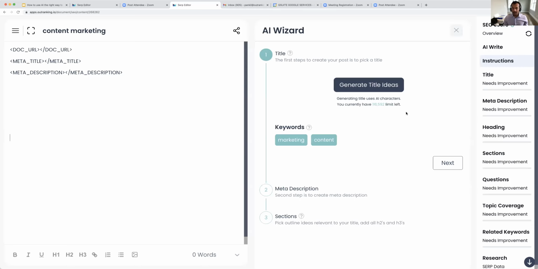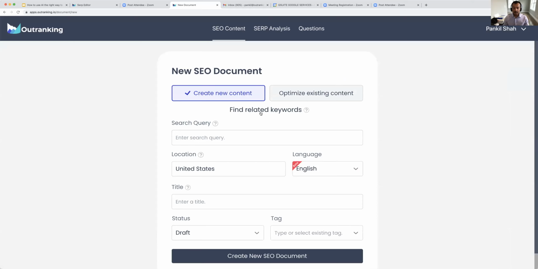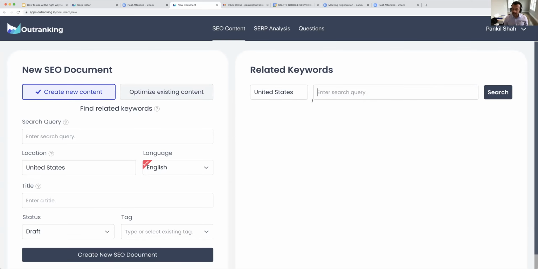All right, so the first thing you will land on is when you come up with a particular keyword. So let's just go back to the keyword, new document. And let me start here at find related keywords. So this is similar to any tool that you would use for related keywords. If you use a related keyword tool like Ubersuggest or SEMrush or Ahrefs, this is not a replacement. So it's okay, you can keep using that if you want to. But let's say if you don't have any other tool and you want to do some quick research and find out what keywords you want to go after,